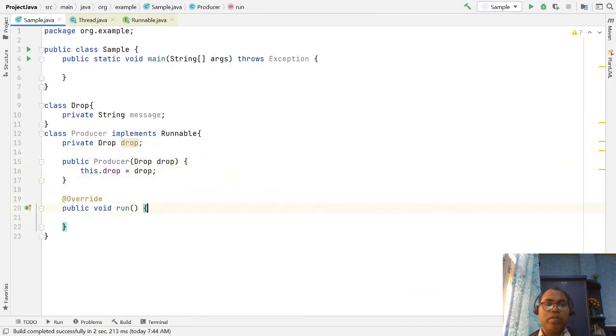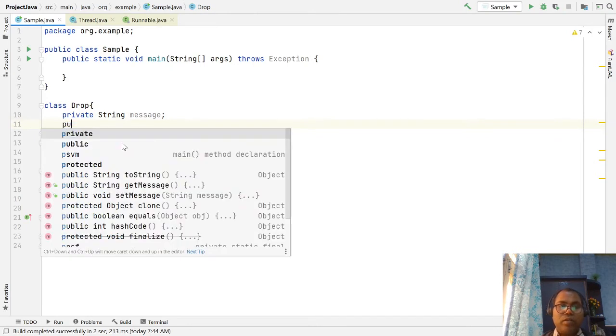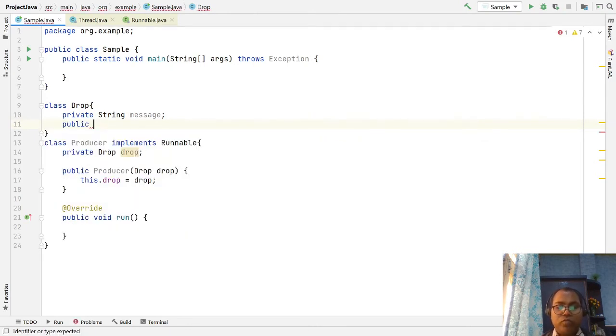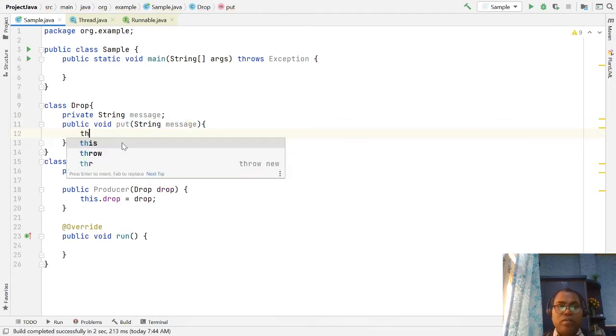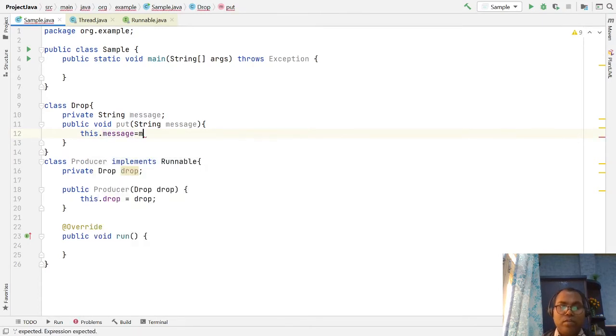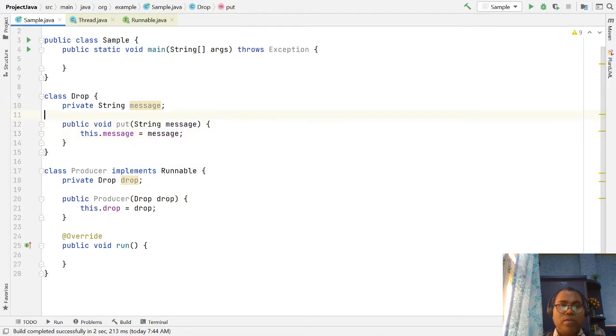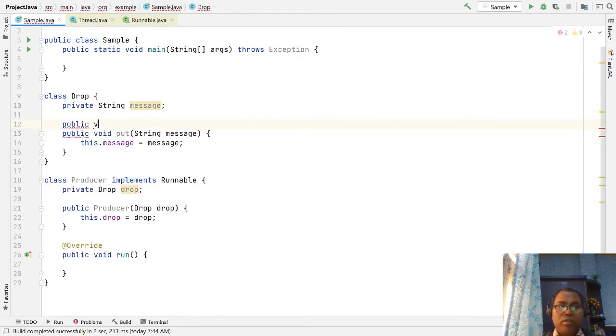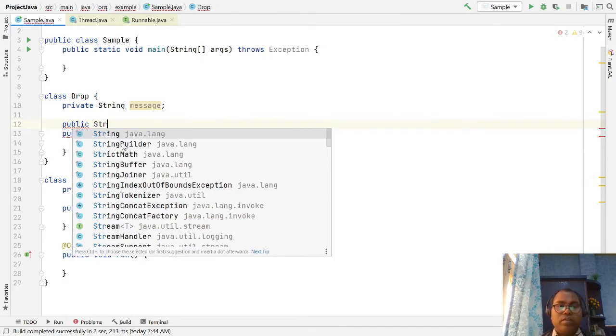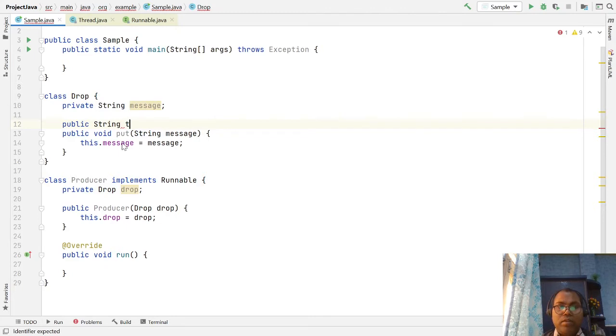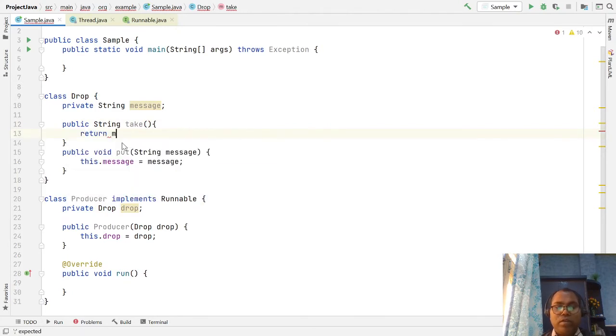Now we have two methods. One is public void put, which takes a string message; the producer puts a message, and we store the message. The other is a public String take method, which just returns the current message.